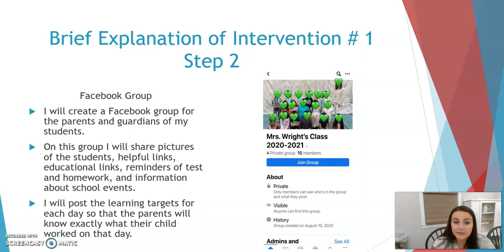On this group, I will share pictures of the students, helpful links, educational links, reminders of tests and homework, and information about school events. I will post the learning targets each day so that the parents will know exactly what their child worked on that day. And so also a hope from that is, if they're home and have some free time in the evening, they may look on Facebook and say, oh, I saw where you were working on characters today, and kind of follow along and incorporate the same things at home that we're working on